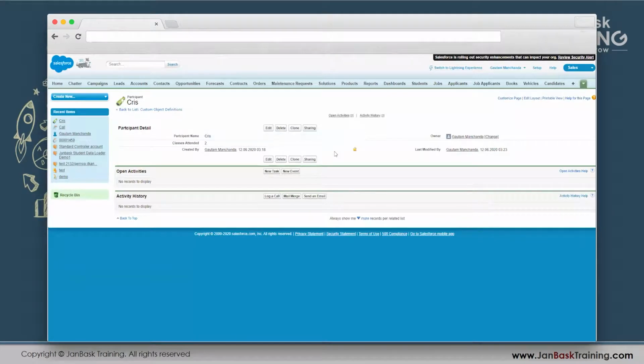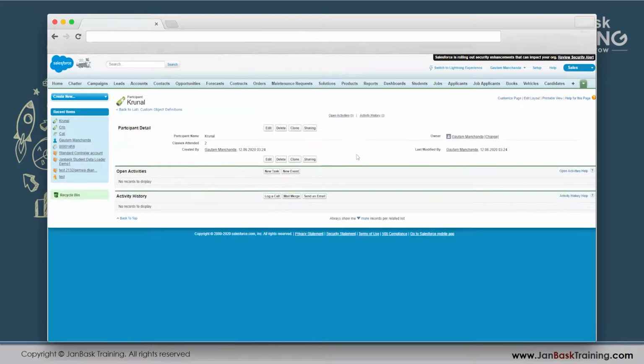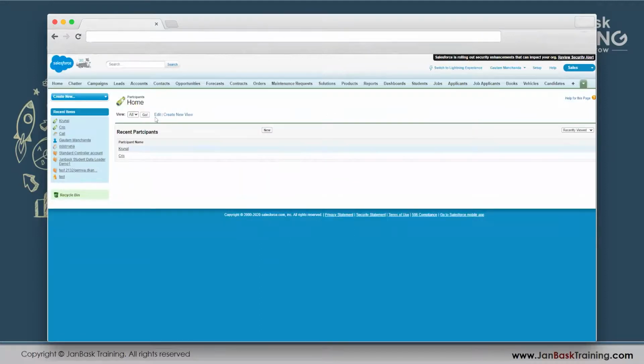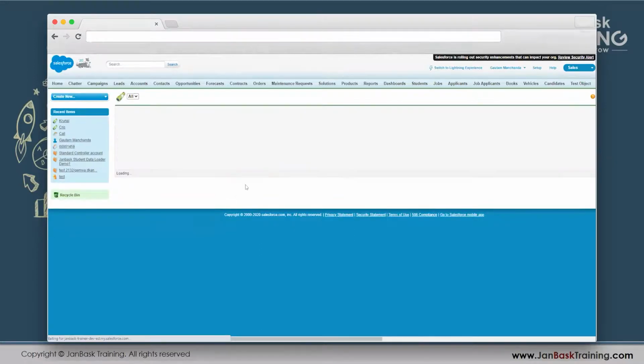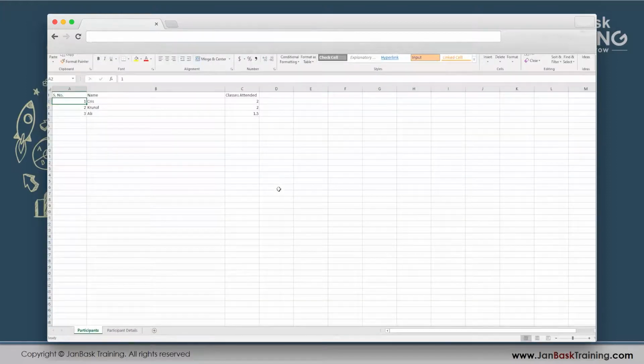Currently there is nothing. If I create one more record over here, suppose I go to participants once again, I click on new, I create another record and I save it. So you see what is happening is I am able to create the records. There are two records which are created. I click on the go button. There are two records which are created. But again the problem is the goal is not completely matched because that unique identifier is still missing. This 1, 2, 3, 4.